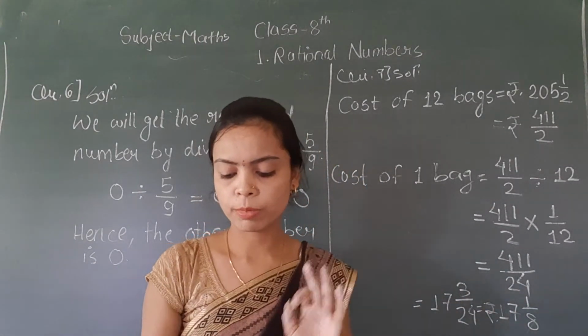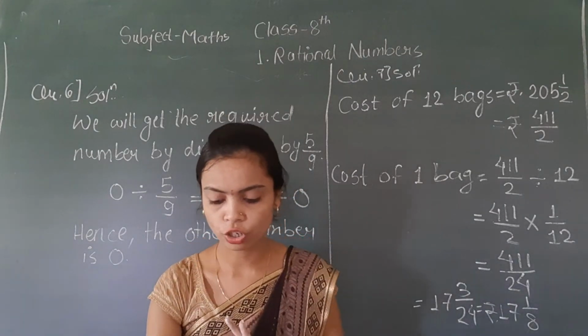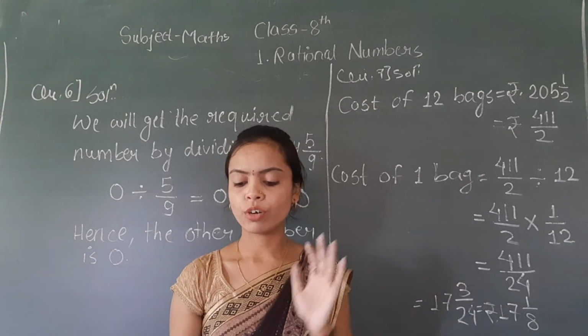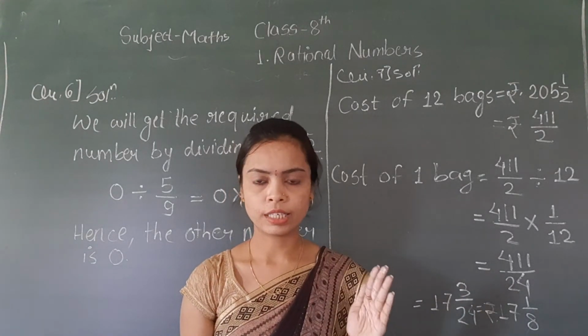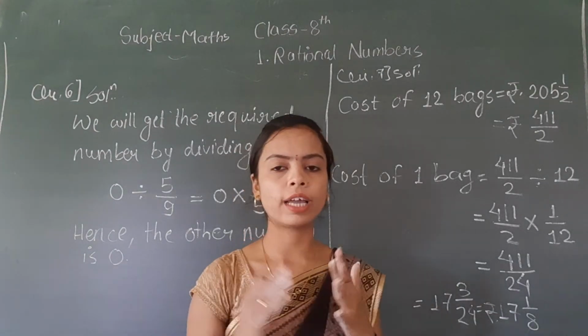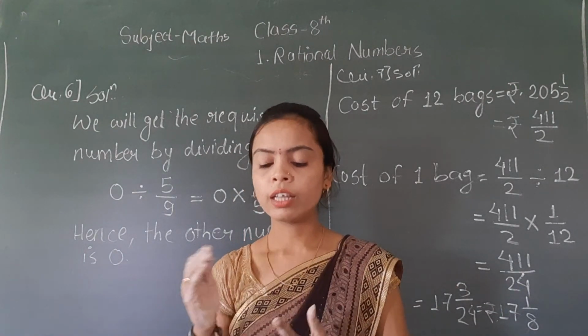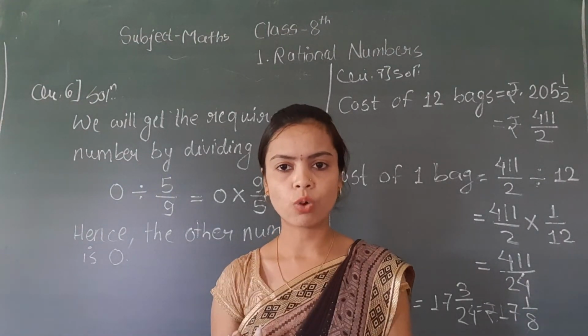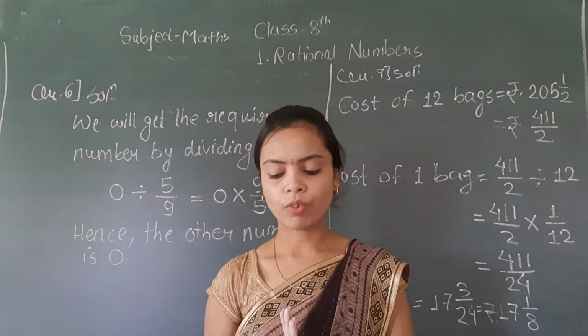Question number 8 we will take in the next lecture, but question number 9 you have to solve, in which first find out the value for the LHS. After that find out the value for RHS. If the value for LHS and RHS is equal, then your given statement is verified. So write LHS is equal to RHS and hence verified.